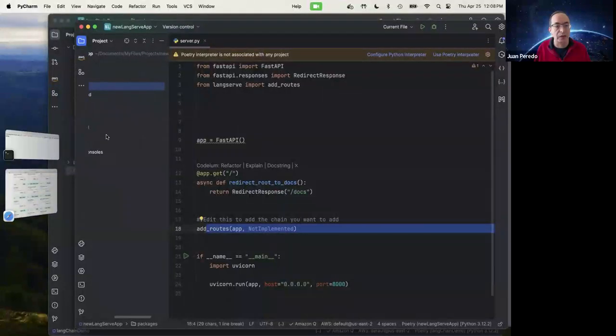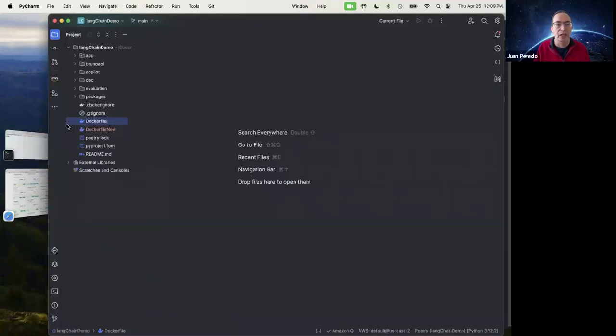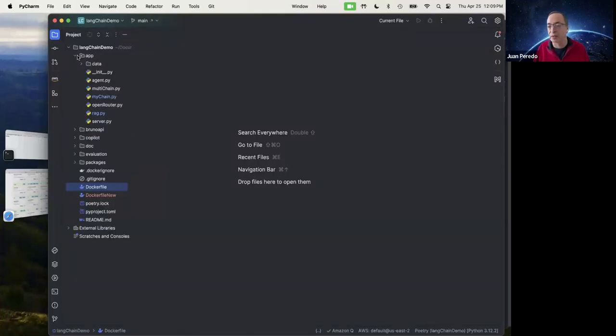The other thing that this also provides is a Dockerfile. So you can focus on creating your application, and once you're done, if you want to deploy this as a container to a cloud or in Kubernetes, wherever you want, you can just run this Dockerfile and create a container, and then you can deploy it, which saves you some time. But let's fast forward somewhat, and let's take a look at this application that I've already created and that already has some packages for us.